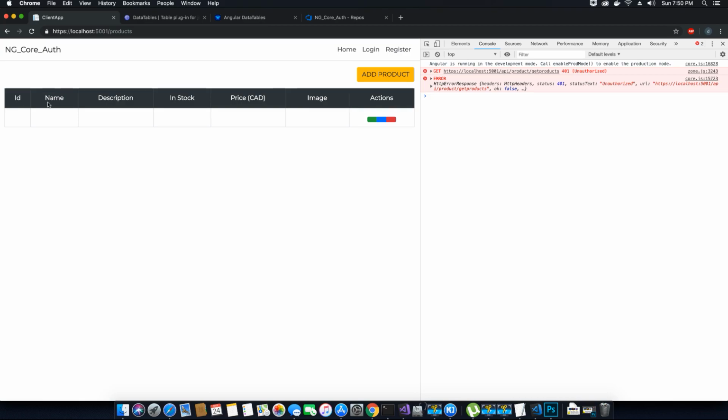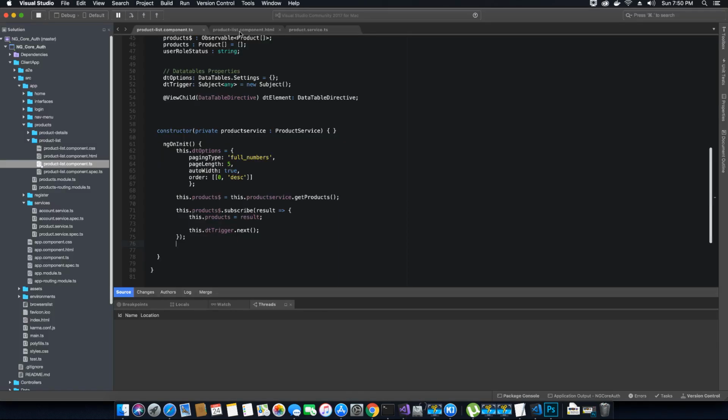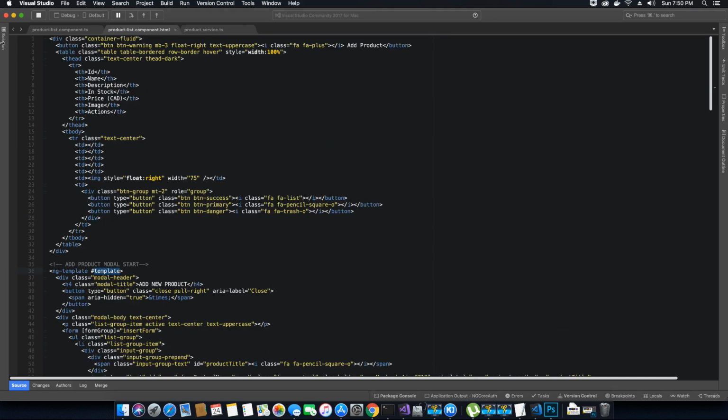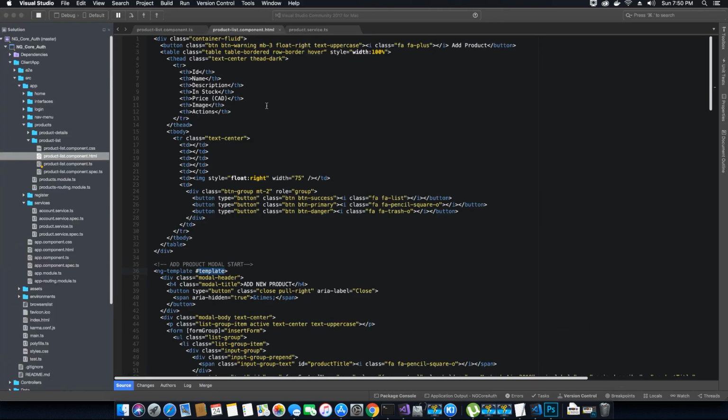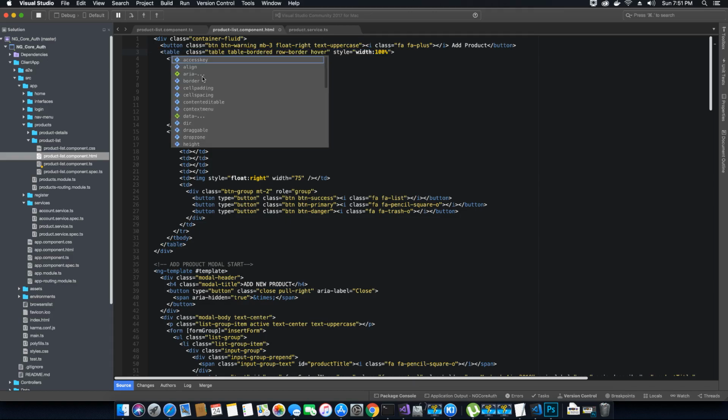Why is that? That's because in my UI of product list component, that's the product list component.html, I have not used the attributes for data tables, and I need to specify to my HTML that, listen, this is a data table, this is not a regular table. And how do I do that? To do that, I will have to use some data table attributes. So let's do that. So here where you see the table tag, here we need to specify that this is a data table. So we're going to say datatable,